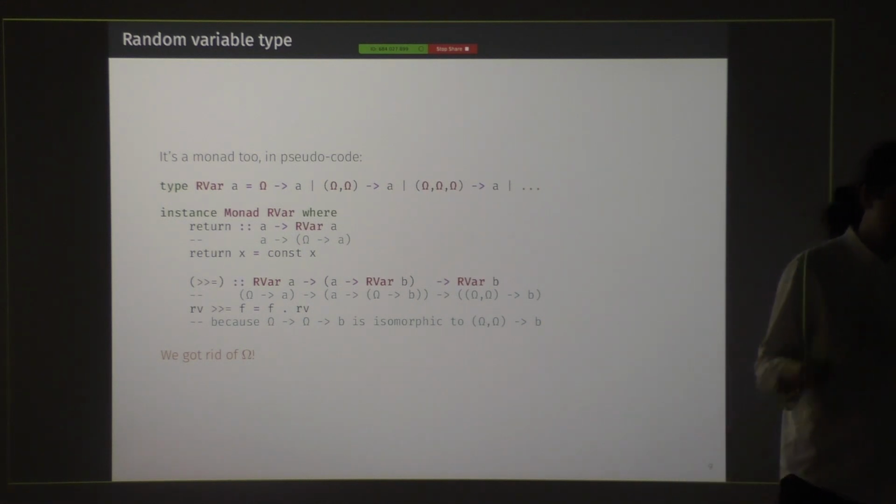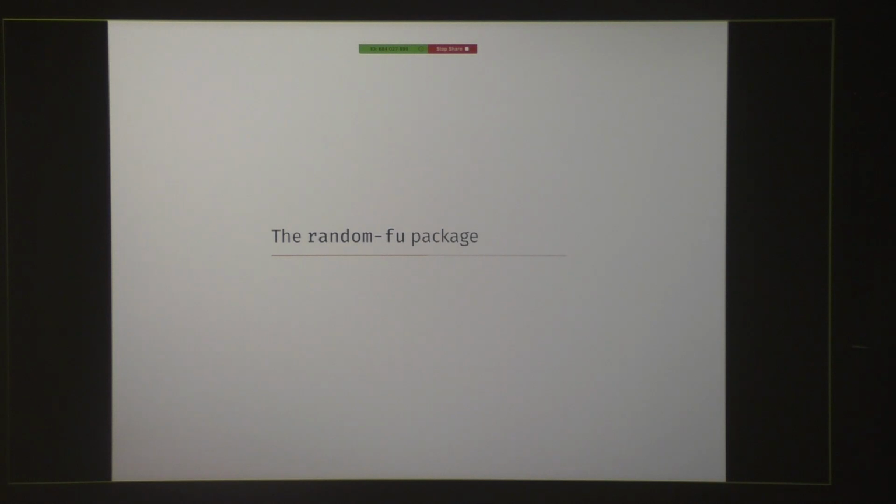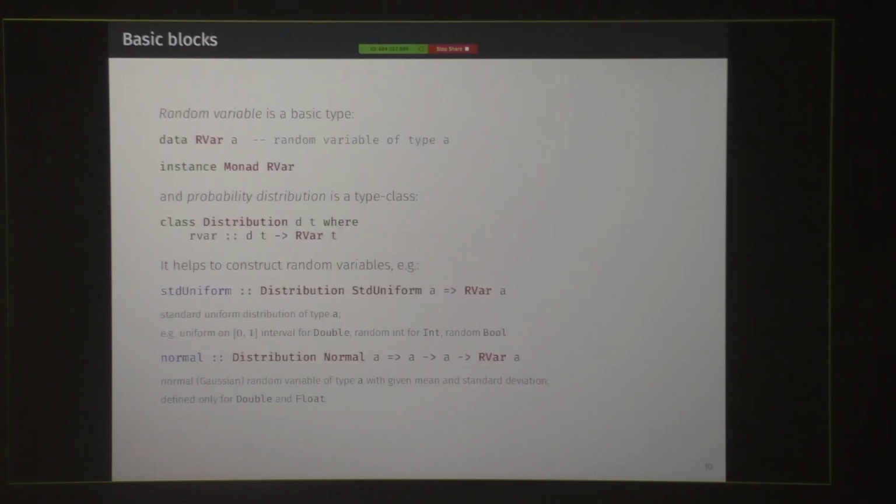And I build solutions thinking about them as random variables, and as I hope we will see in examples, it really simplifies the way we reason and the way we design the code that uses randomness.